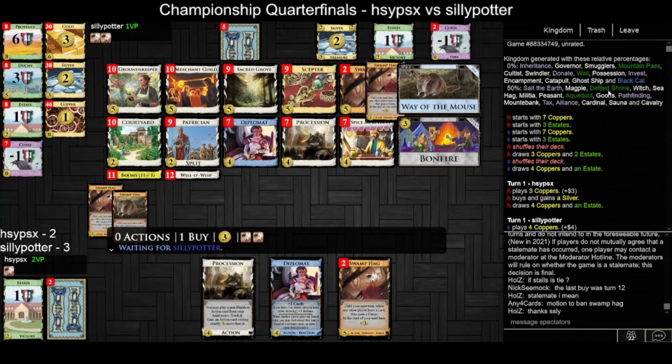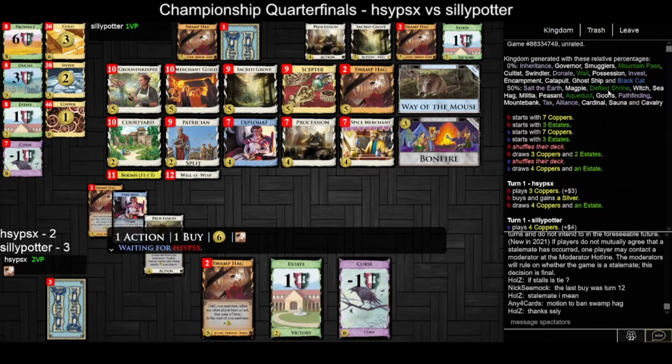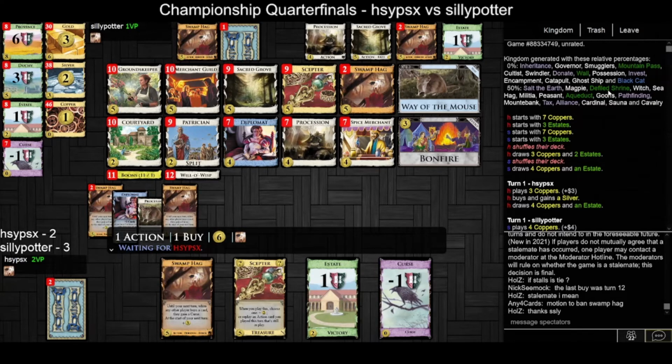And they dislike these actions: Magpie, Witch, Seahawk, Militia, Peasant, Goons, Mountebank, Cardinal, Sona, and Cavalry. So not a fan of attack cards. These two players,